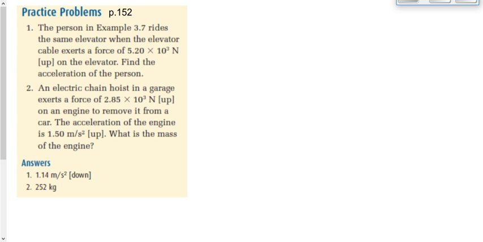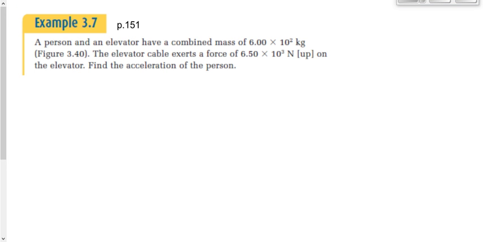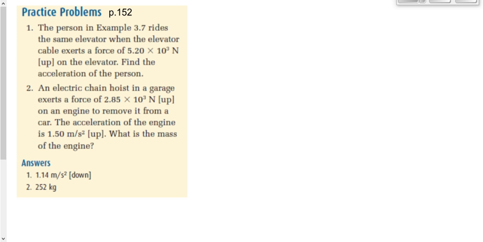Have a look at these two questions, please, on page 152. Now, page 152 relies on an example that we didn't do. So I'm going to give you the mass of that person and the elevator: 600 kilograms, 6.00 times 10 to the 2 kilograms. Now, understand in question 1 and in question 2, we're not analyzing the person inside the elevator, right? We're analyzing